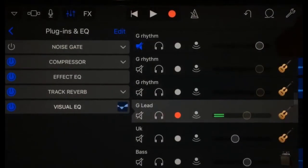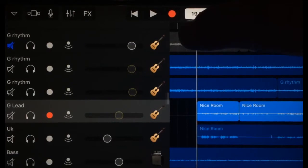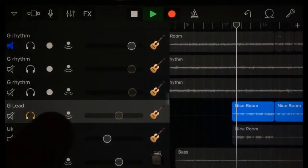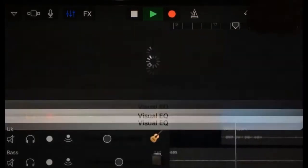And in fact, something I haven't done is actually shown or played the difference that makes. So let's just go out here. And if we solo that instrument again and play, and come back to our processing. So if I come back to the EQ,